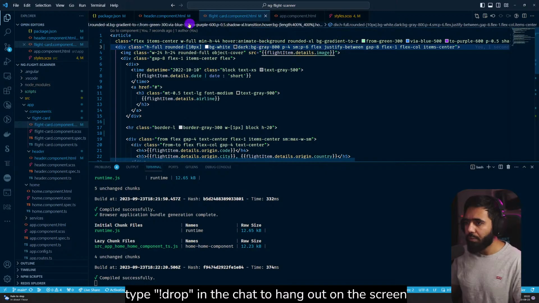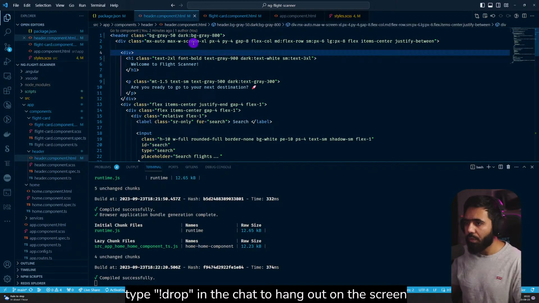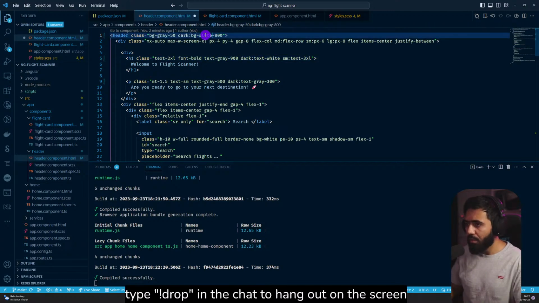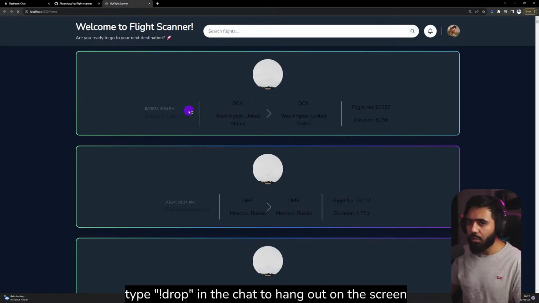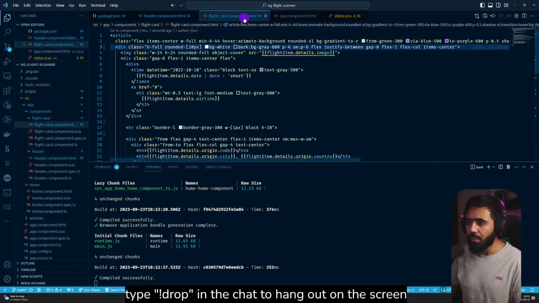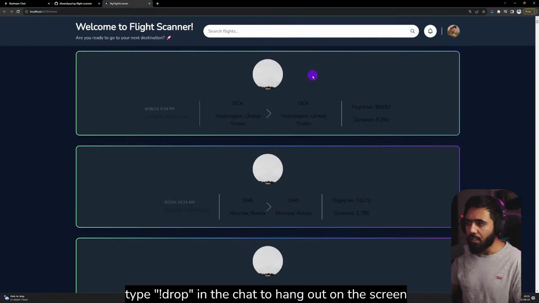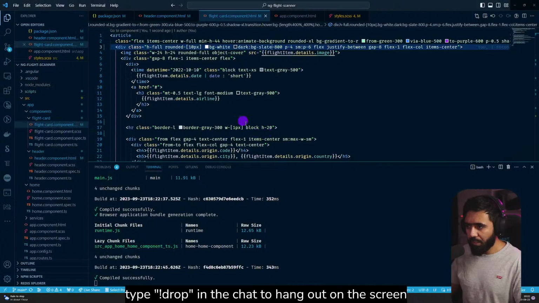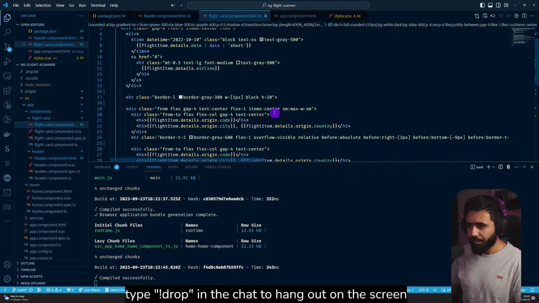So then if I go here, yay, this looks kind of nice, but not really nice. I'm not really sure. Maybe we should go with not the BG gray, but slate. If we go with slate, what changes? Let's see. Yeah, it's a bit different and better. So let's go with slate. So BG slate 800,